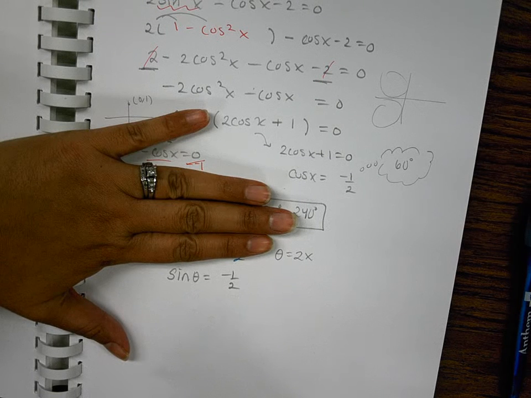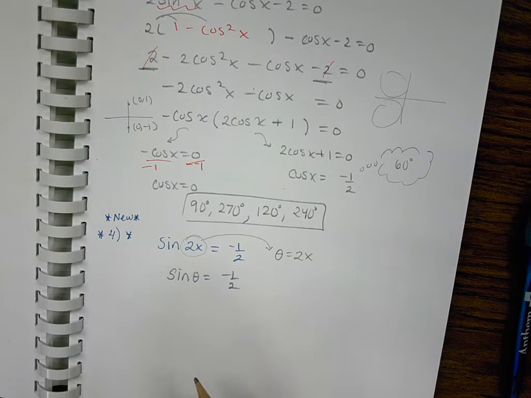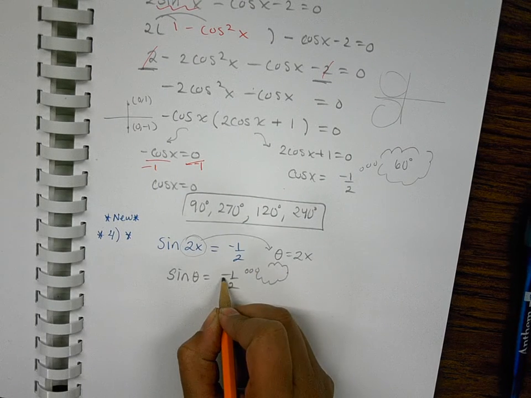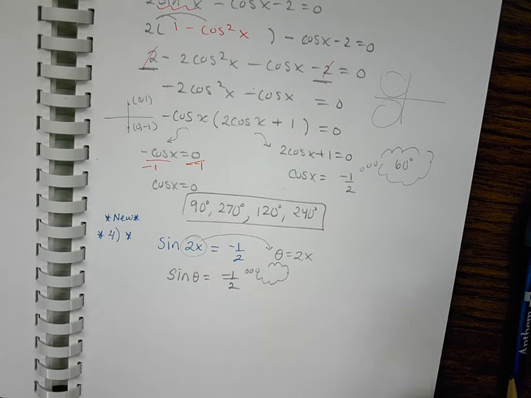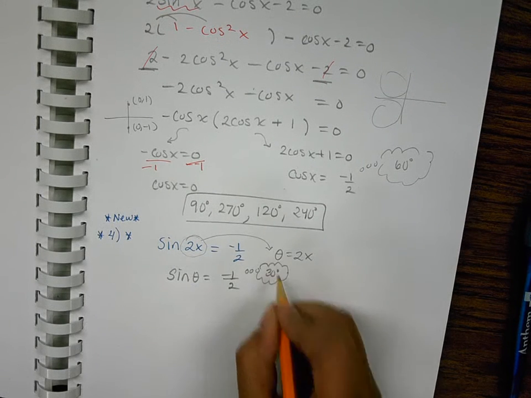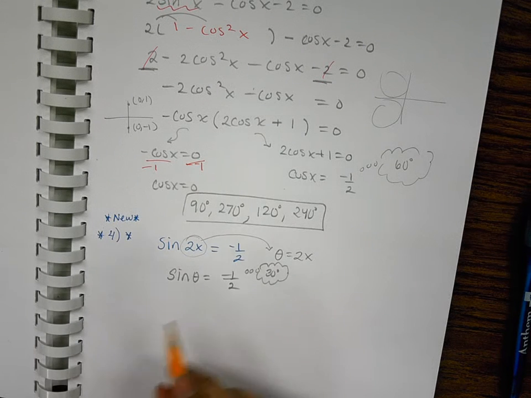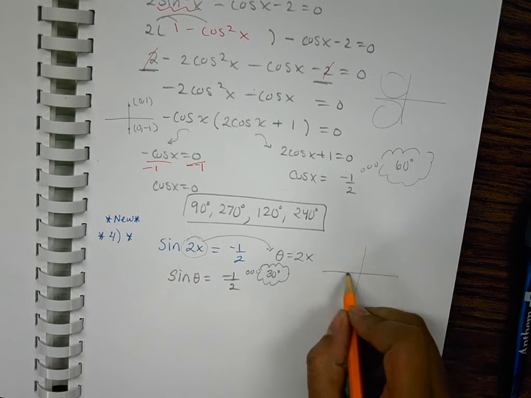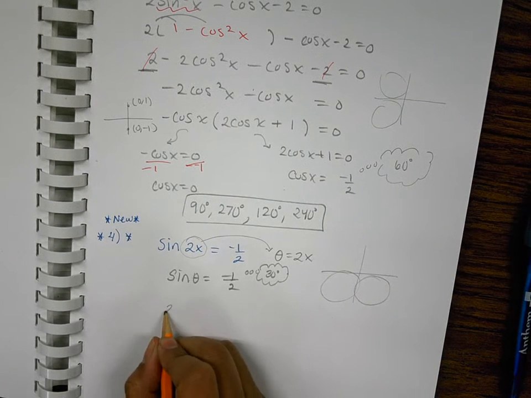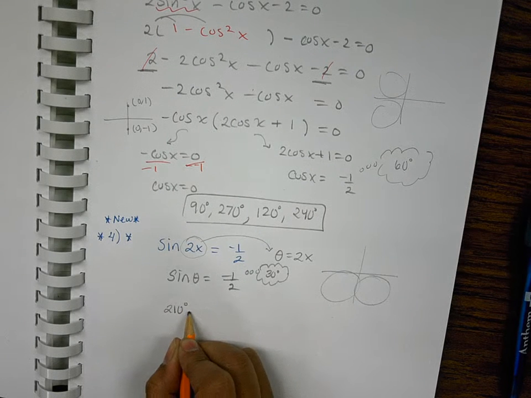Sine of what angle is negative 1/2? Alright, so you think of your reference angle, again ignoring the negative. When is sine 1/2? Sine of what angle is 1/2? Think about it. Unit circle, hand trick, memory, 30 degrees. Alright, and it is negative. Which two quadrants is sine negative in? 3 and 4. So what is 30 degrees in quadrant 3? And what is 30 degrees in quadrant 4? 210 and